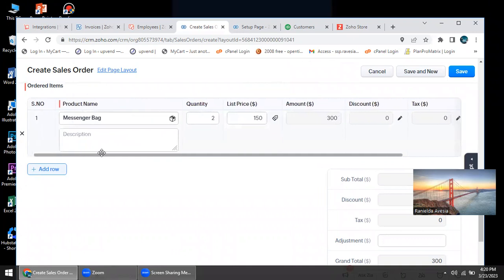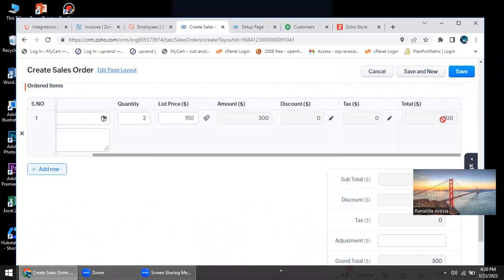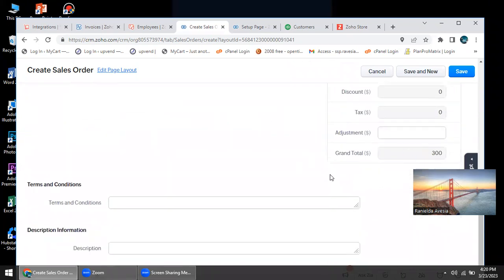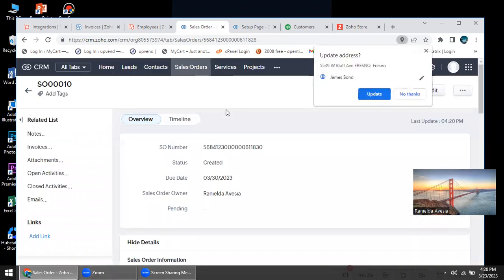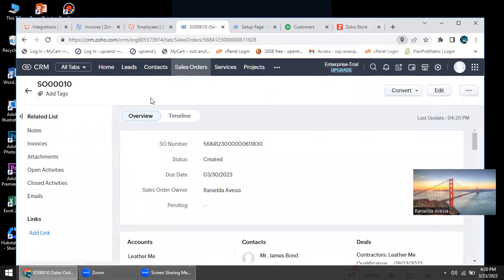If we are a VAT company, or if we pay VAT. If not, we don't need to worry about it. So again, this is just for example. We have a grand total of 300. Once we convert this to an invoice,